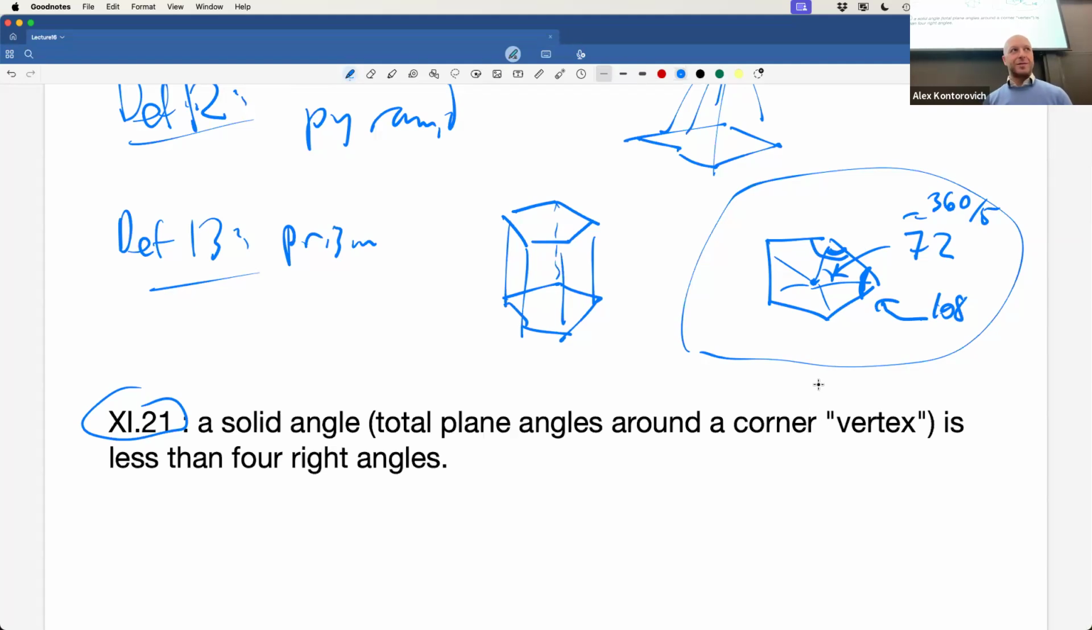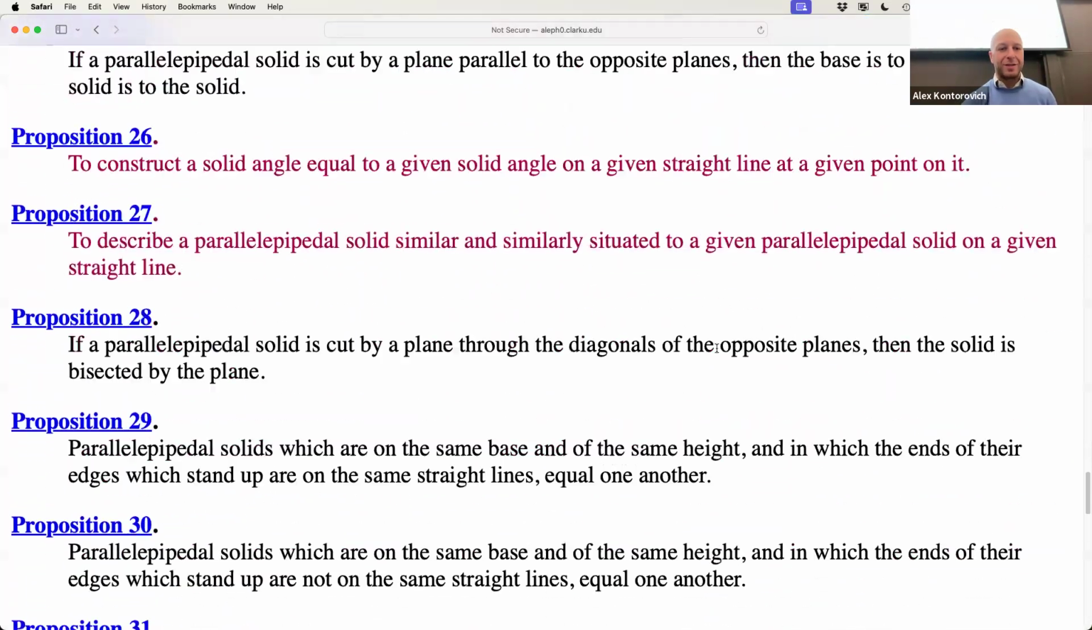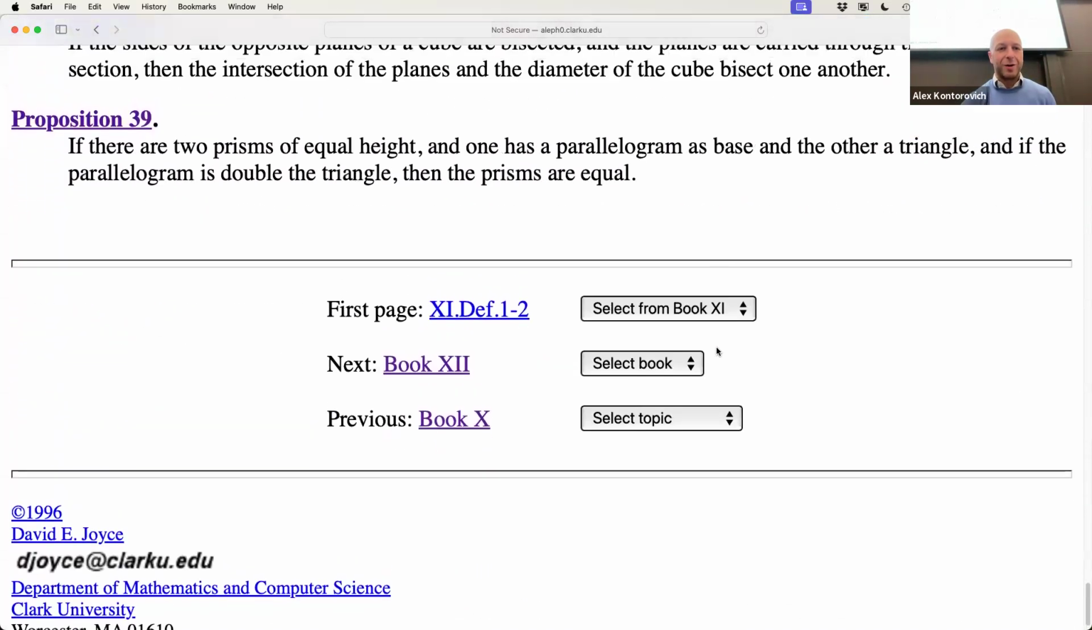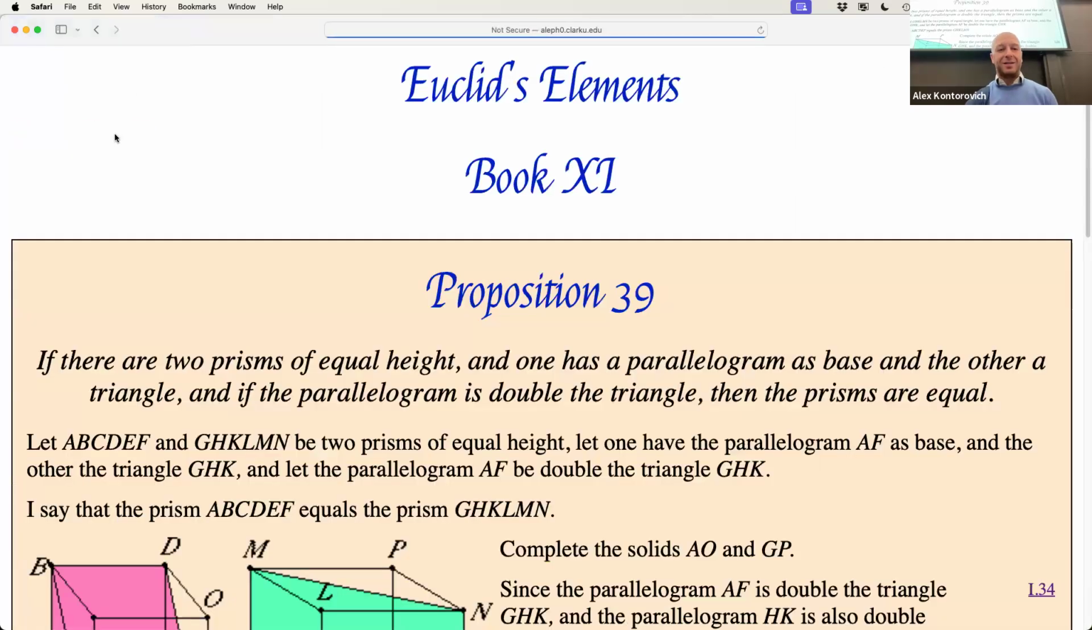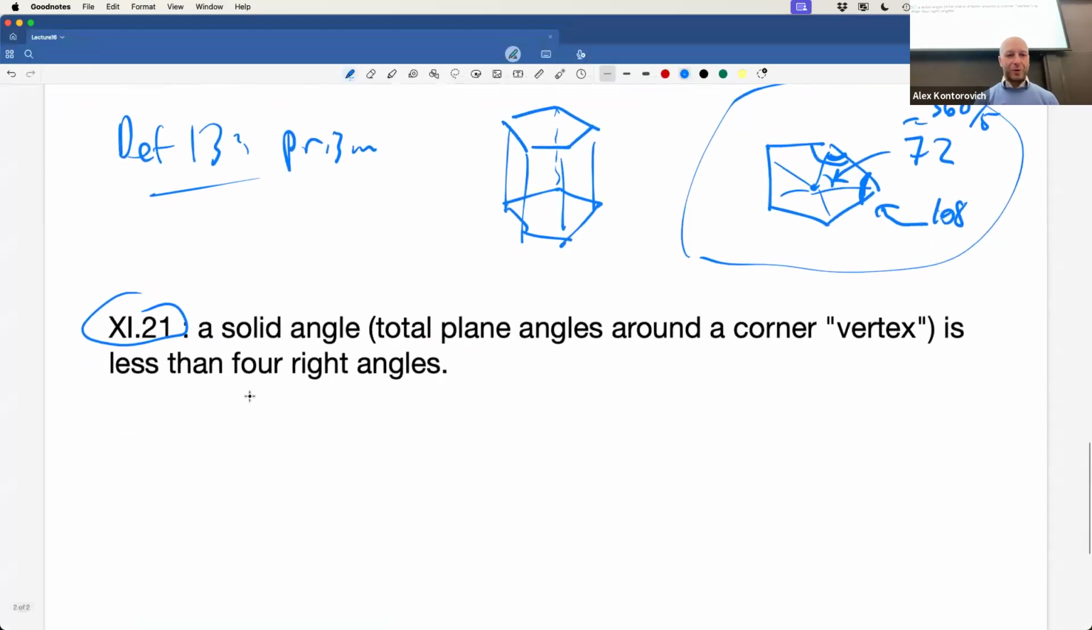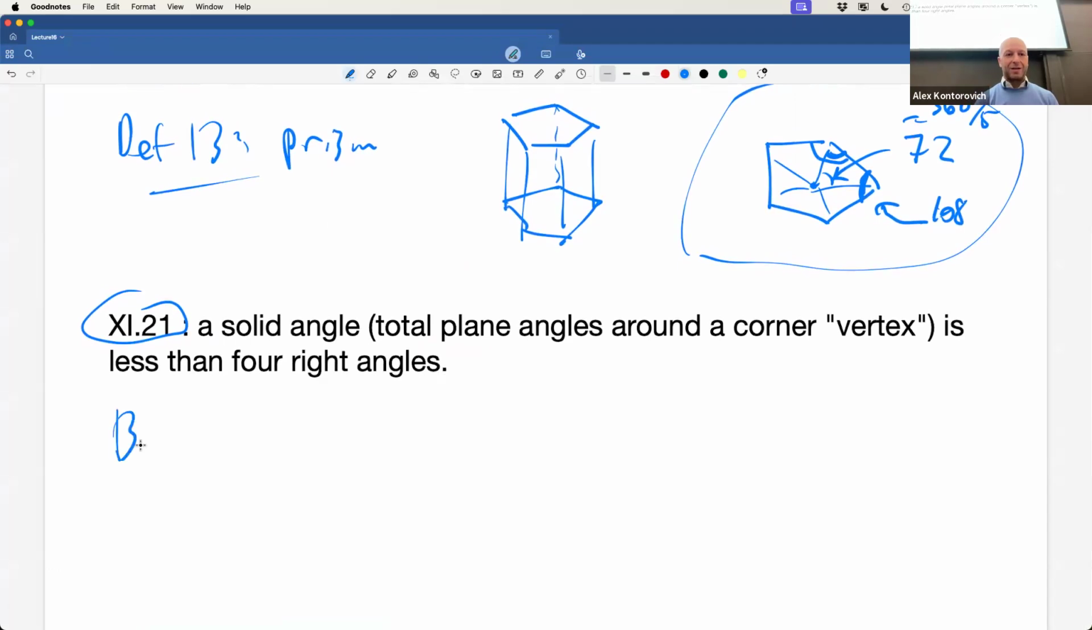Okay, great. So I want to isolate that, as you'll see in a second. We're going to need that. Who's the big boss in this book? We go all the way down to proposition 39. So big boss, let's write this down. Big boss of book 10. Big boss is